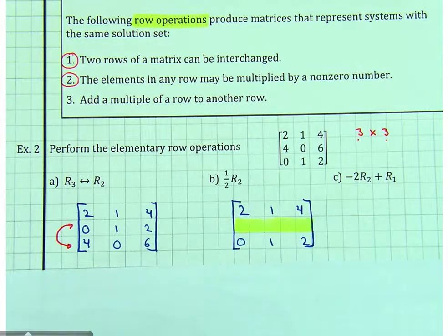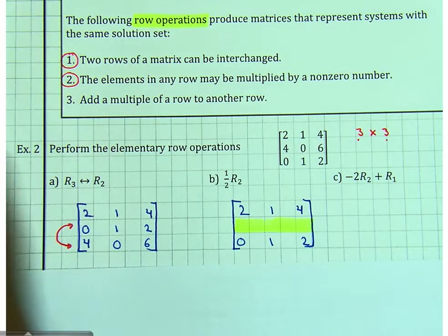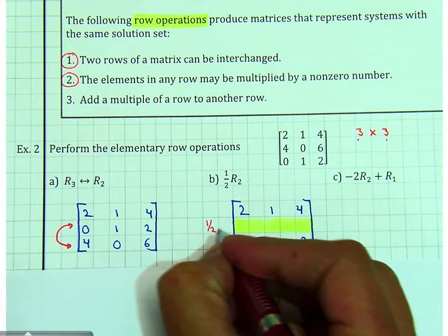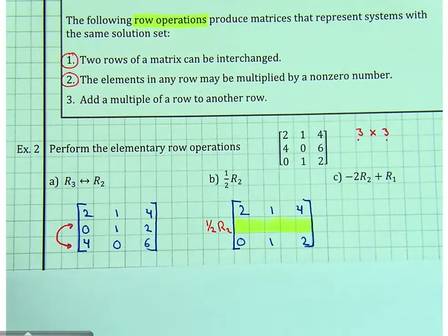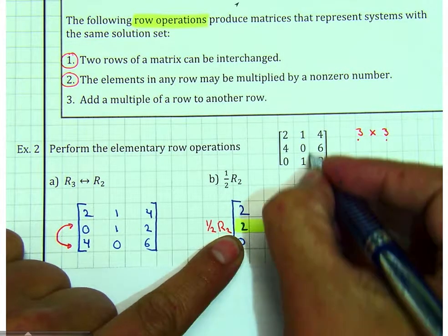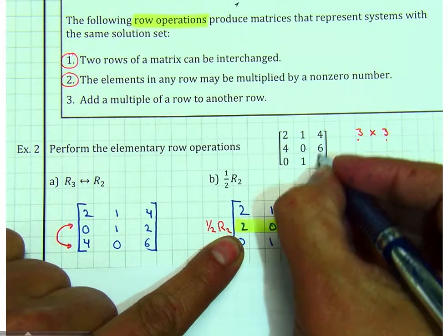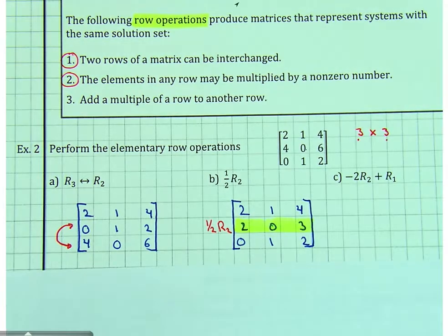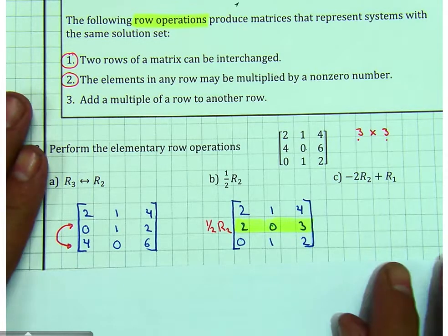So we want to place the notation on the left, 1/2 row 2. And now we're going to take half of row 2, so that'll be 2. Half of 0 is 0. Half of 6 is 3. And for the last one,